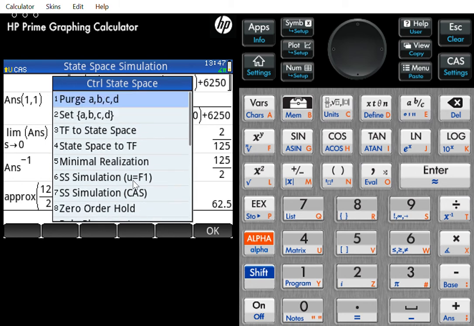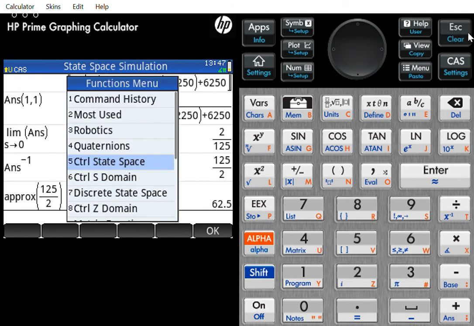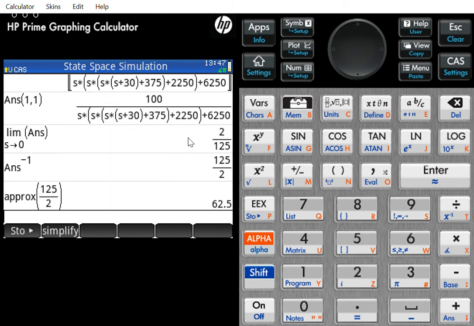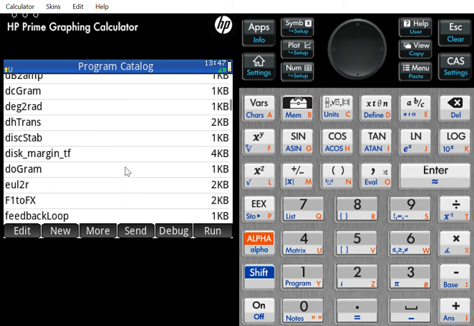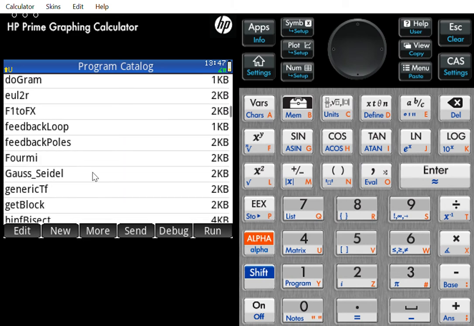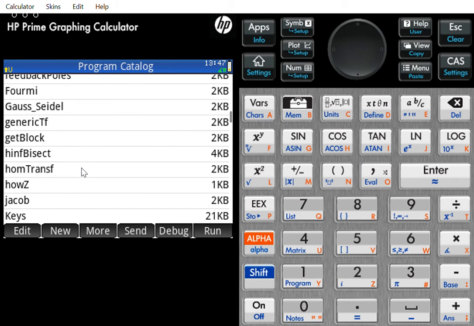Right. So I just suggest that you just play around and take a look at these. Take a look at the programs, right? Like I said, I haven't gotten around to rewriting a bunch of them because they all depend on each other. For example, this